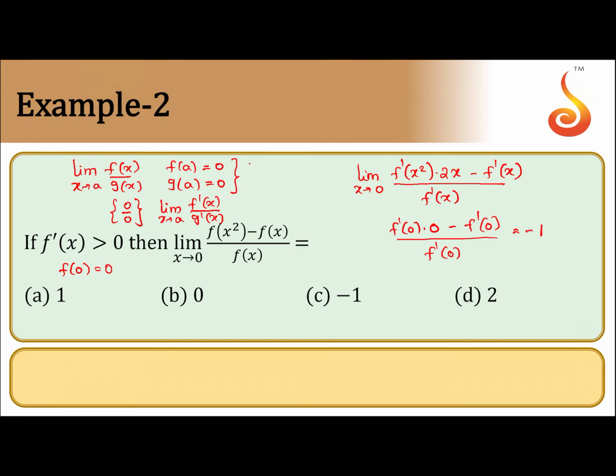So this is also valid for f of a tending to infinite, g of a tending to infinite. Then we say it is infinite by infinite. In both the cases, we can use L'Hospital's rule. What is L'Hospital's rule? Whenever it is 0 by 0 form or infinite by infinite form, we differentiate numerator and denominator separately until and unless we get a